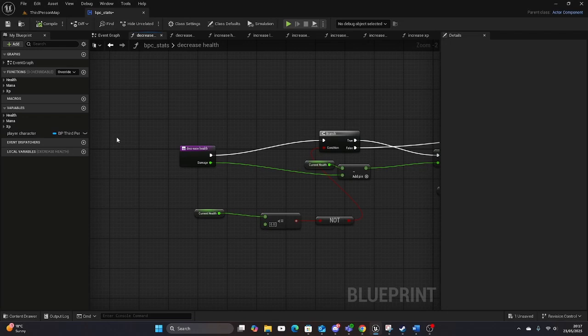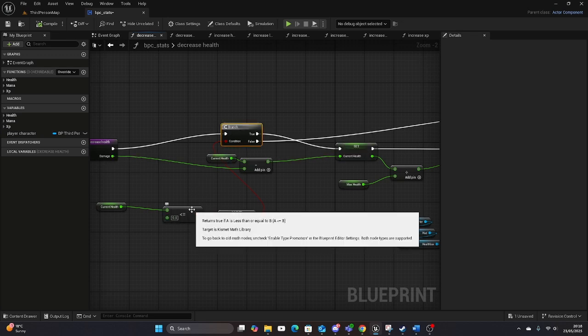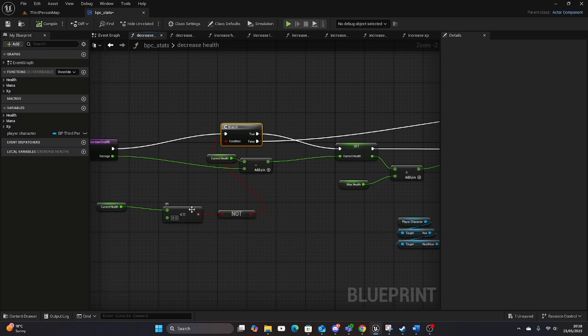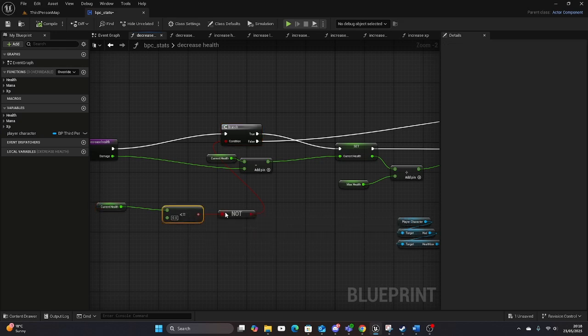So this is the stat system in my game. It's in a blueprint component, so it'd be easier to access in the player blueprint when I add the blueprint component in. So this is the decrease health function I have here. Here, branch: if the current health is less than or equal to zero, but is not, it will go to